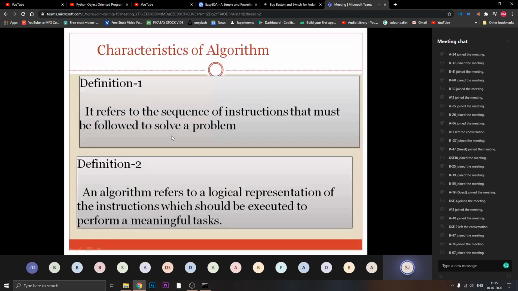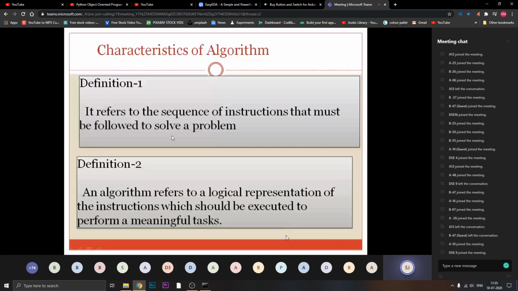Like if suppose I want to perform the operation of addition, and your system has done multiplication, there is no use of that, you will not get any expected output from your system, right? So for that purpose, logical representation of information and the task has to be meaningful. These are two important properties that have to be satisfied by your system. Then we discussed the properties, or we can say the characteristics of the algorithm. You have finiteness, definiteness, effectiveness, and input output.